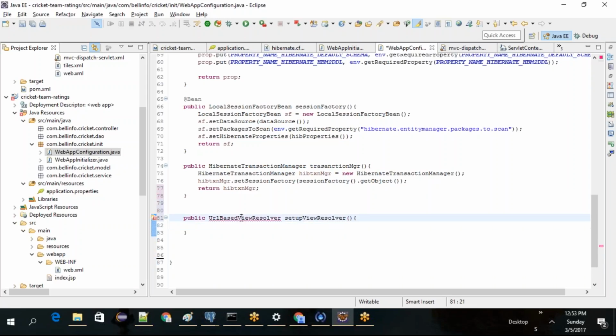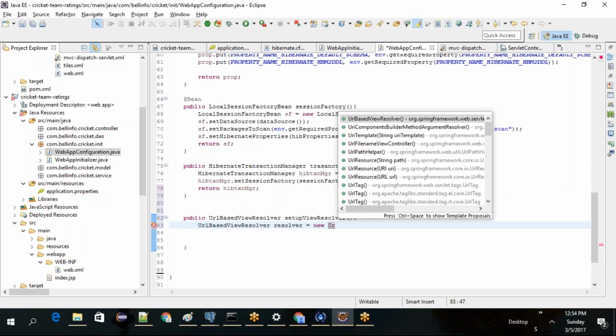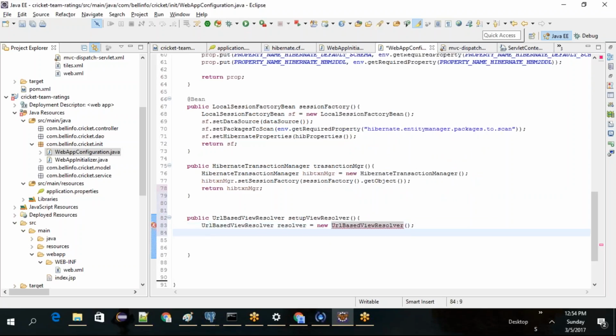Whatever we do there, we are going to do here. URL based view resolver equal to new URL based view resolver, and then